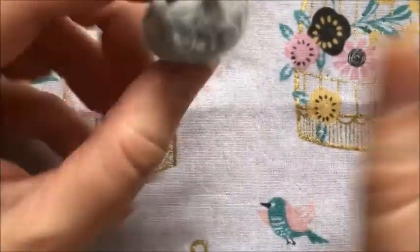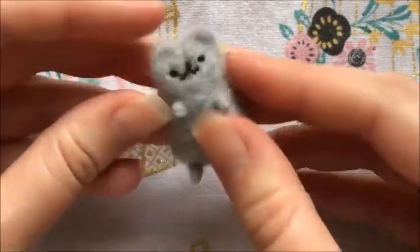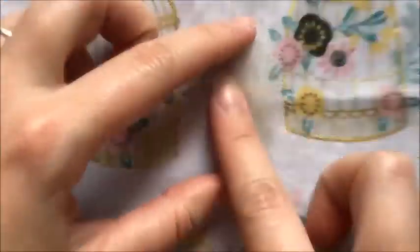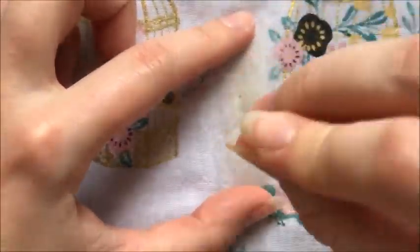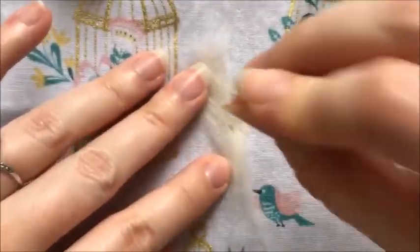Just trying to make everything look more natural, felt everything down from her little legs, and make sure I don't have any little bits and pieces sticking out. And I lied before, we're gonna make her ears, not her tail. Find a really thin piece of white wool and make a small triangular shape, and just keep felting that down